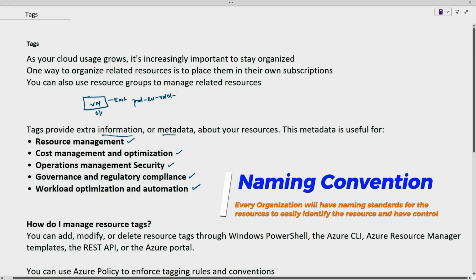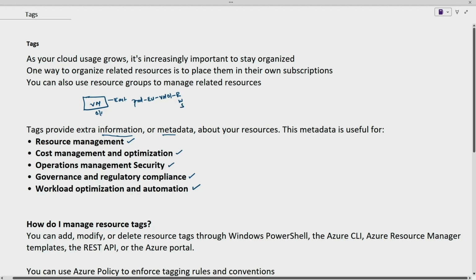If it is Linux, then I will say Red Hat for R, and if it is Windows, then I will simply specify Windows. If it is SUSE, I will specify SUSE, and if it is Ubuntu, I will simply make it U. So the virtual machine, whatever we are going to deploy, we can name like this: VM03 Ubuntu prod